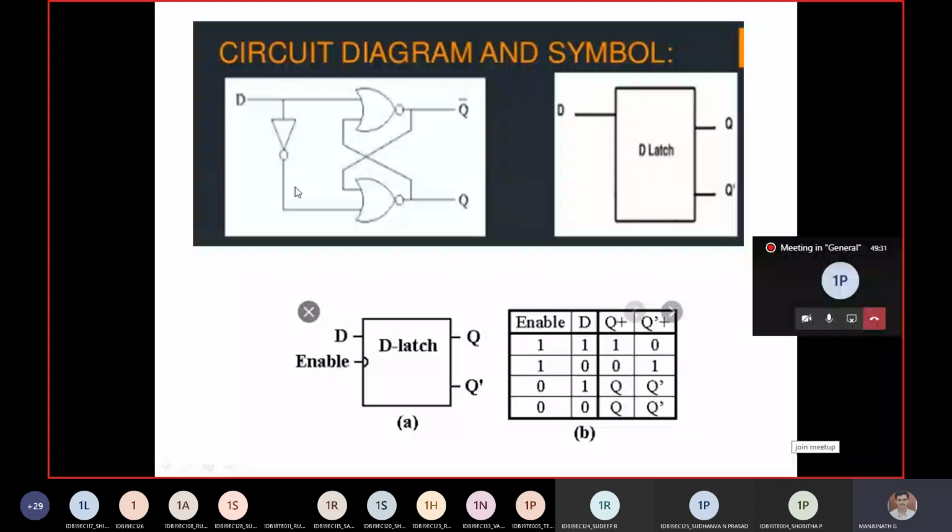Can anyone tell me? You can take the previous state of your assumption. Previous state, because this is where one more input comes, right? This is where one more input comes. So you should be having awareness about this. What will happen if there is no NOT gate? Think and tell, the answer is there only.